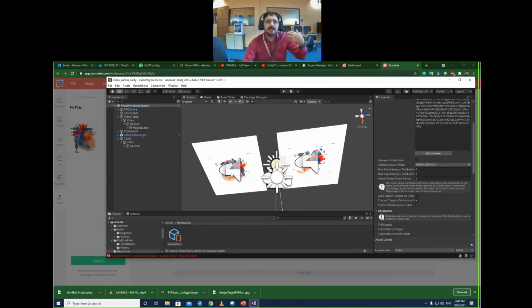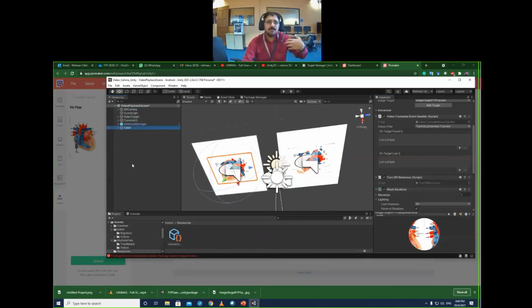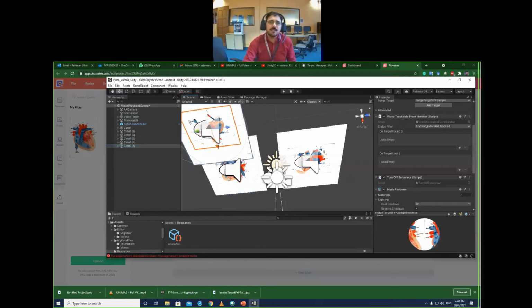So these two things. And then after that, as I told you, if you want to recognize many images, just click Control D. Control D, Control D, Control D. That many images will be created for you. Okay, it's easy. Just manage in the Unity. And how to manage, you already know.